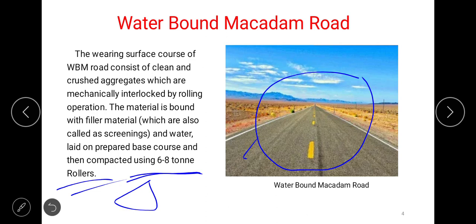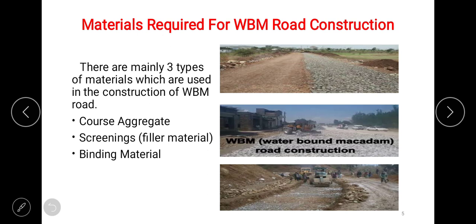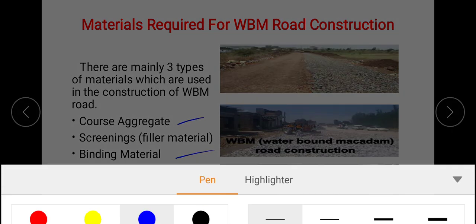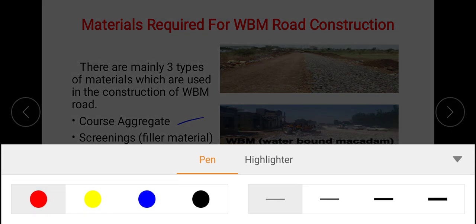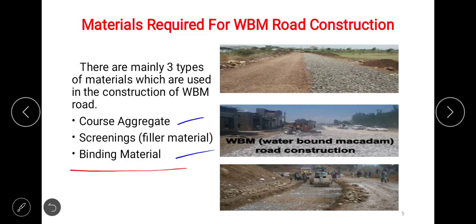You must have come across road rollers are used to compact the surface. That means WBM road itself is used as the wearing course. There are mainly three types of materials which are used in the construction of WBM road: coarse aggregates, screenings, that is nothing but filler material, and binding material.